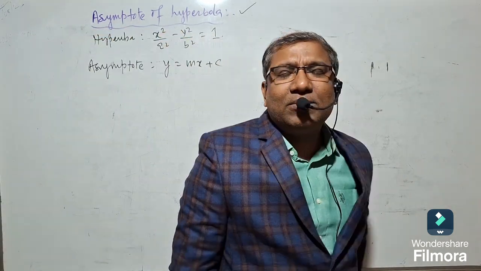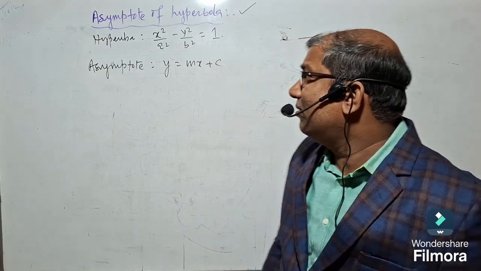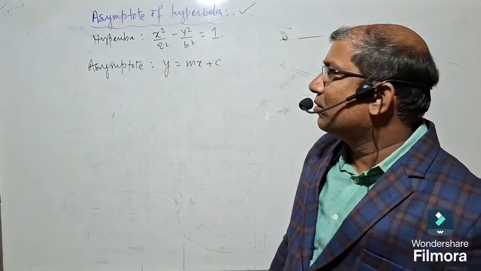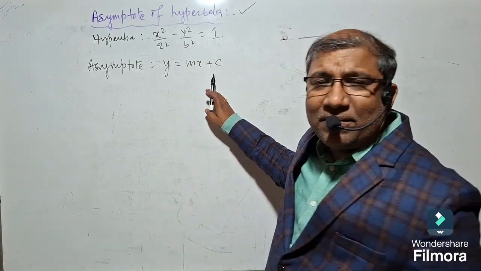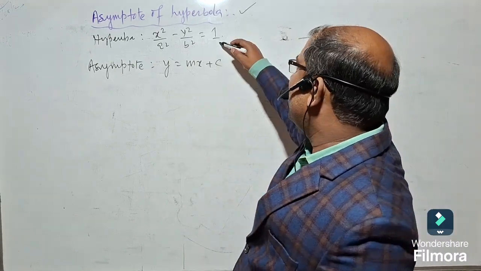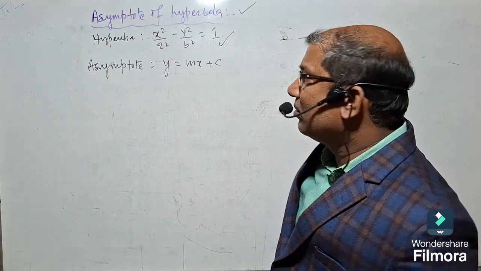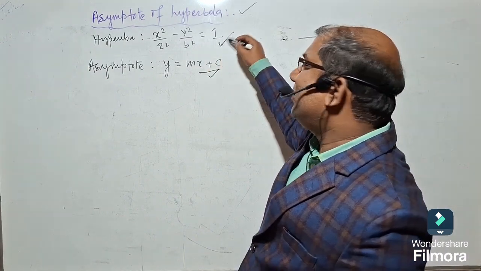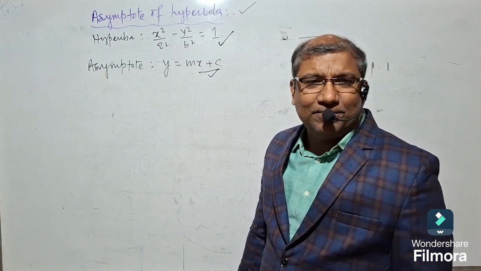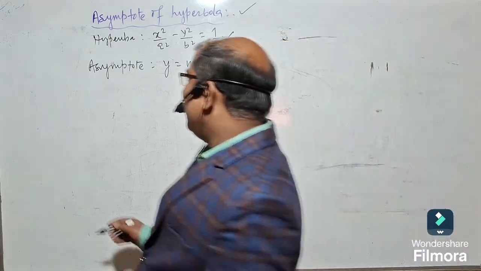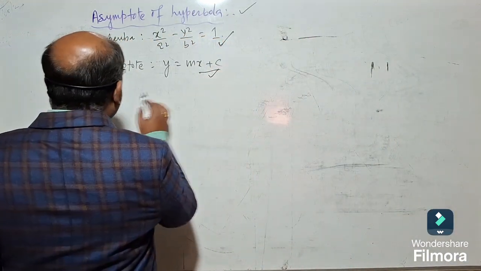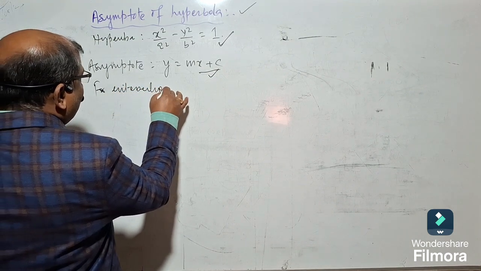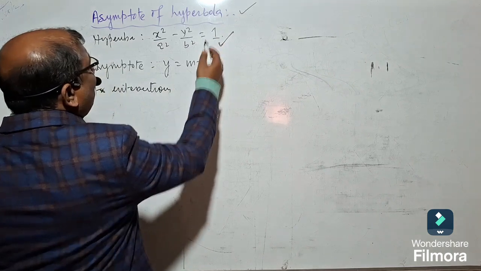So what actually is an asymptote? An asymptote is a line which touches a curve at the point of infinity. So if y is equal to mx plus c is going to be an asymptote of the hyperbola, then this line will touch the hyperbola at the point of infinity. So mathematically, for intersection we put y is equal to mx plus c in the hyperbola